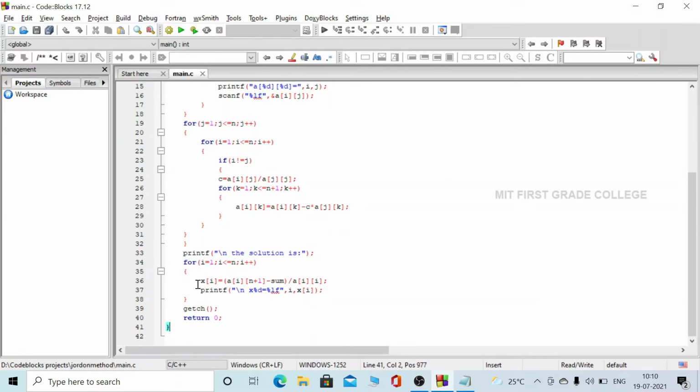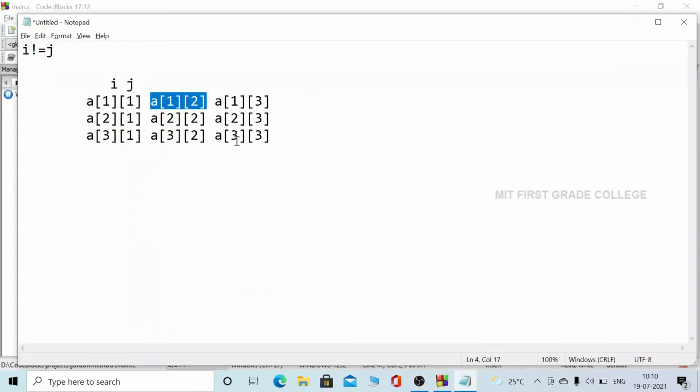Then here it is shown how to find the solution, that is x1, x2 and x3. When the diagonal elements are non-zero and all other elements are 0, if these two elements are 0, we'll get the value of x1 here, and when these two elements are 0 and this is a non-zero number, then we get the value of x2, and when these two are 0 and this is non-zero, then we get the value of x3.